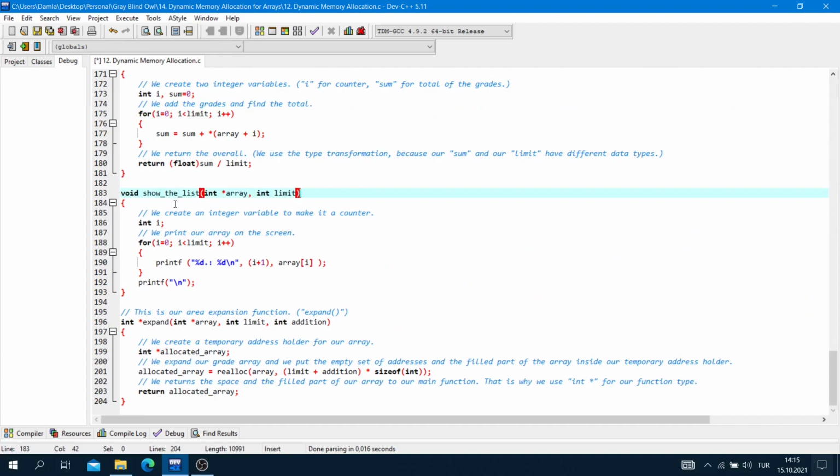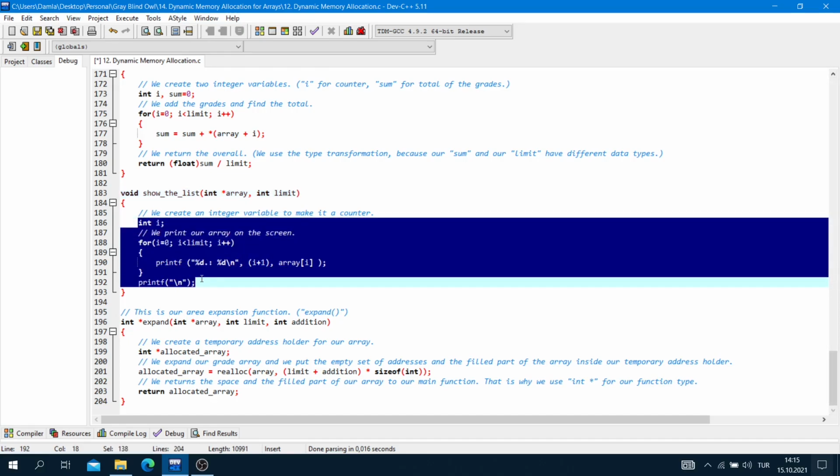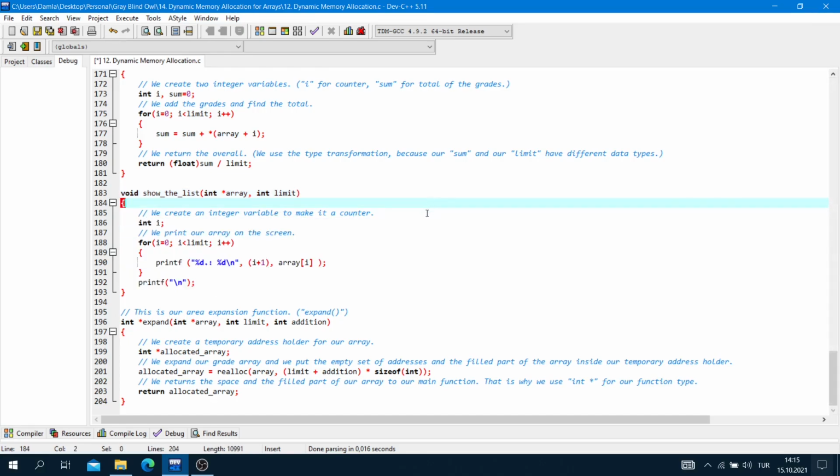We can print a lot of arrays with this function without writing these codes again and again. Okay, we create an integer variable to make it a counter, integer I and semicolon. We print our array on the screen here. For I is equal to 0, I is less than limit, and I plus plus.